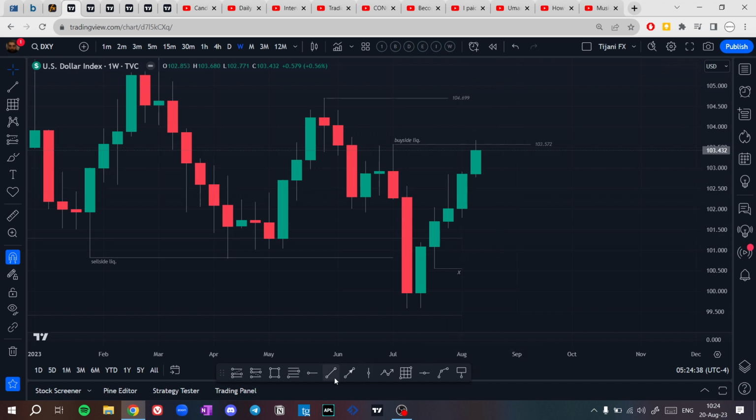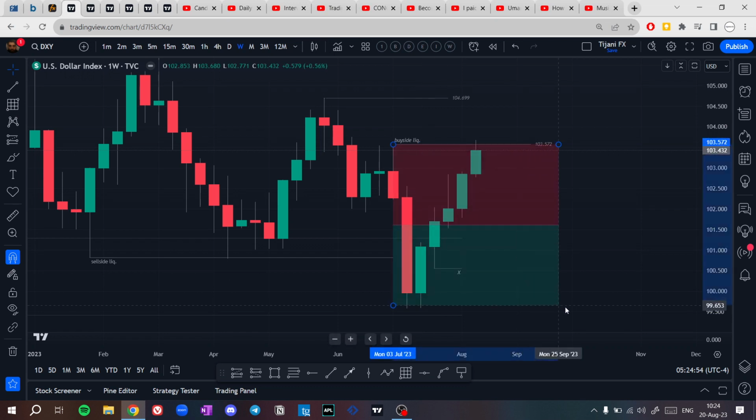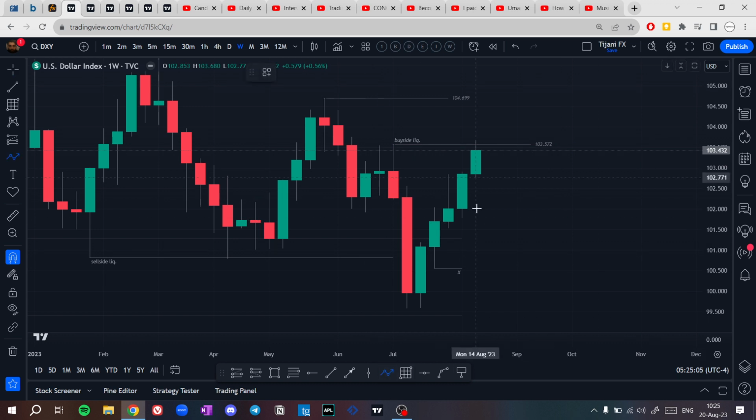Where was our confirmation? The previous week closed as a strong bullish candle, but price was at a premium of this range. Price is here at a premium, at this rejection block inside this order block. Normally we could be expecting bearishness from these areas, but we need to see a daily confirmation, a daily